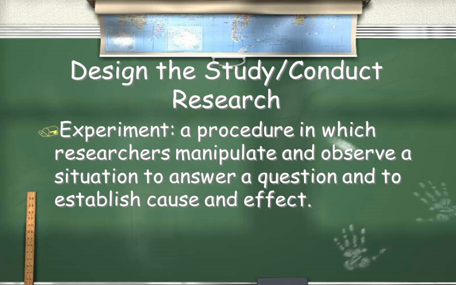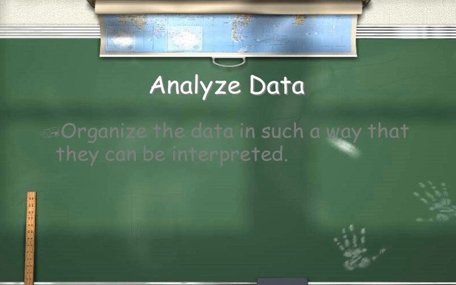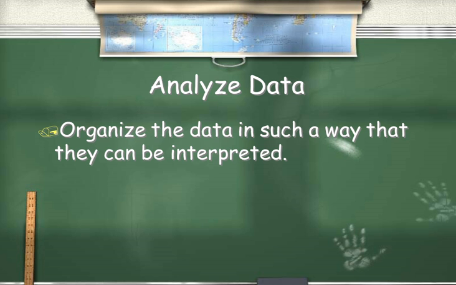So we define the experiment, and we know that experiments are very important because they allow the researcher to control or manipulate specific aspects of the study, and they're also the only kind of research that can prove causation or establish cause and effect. In order to interpret the data, it must be organized in a meaningful manner, and sometimes that's very difficult. This will be done using statistical methods, which we're going to talk more about in later chapters. By the way, when we talk about data, you do know that that is plural and that the word datum is singular.